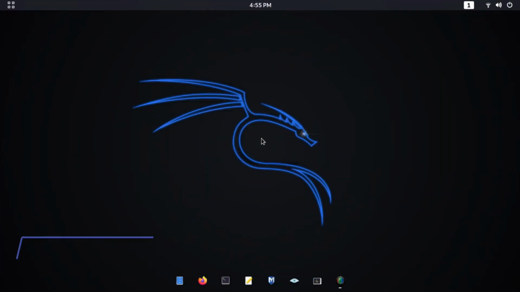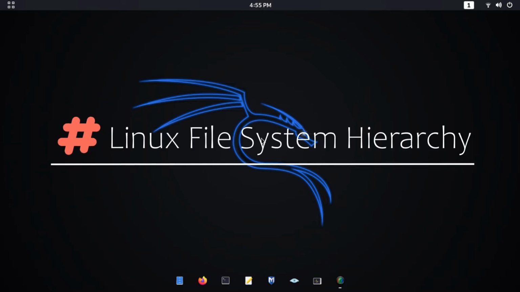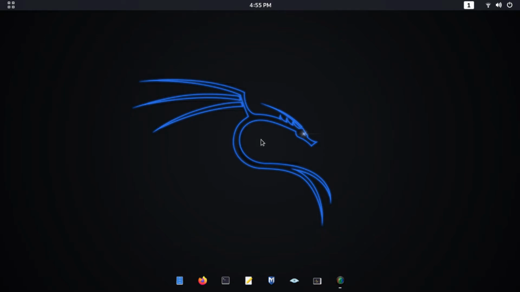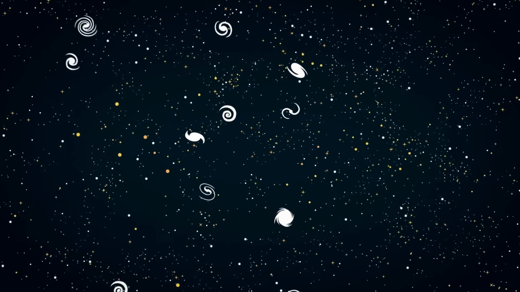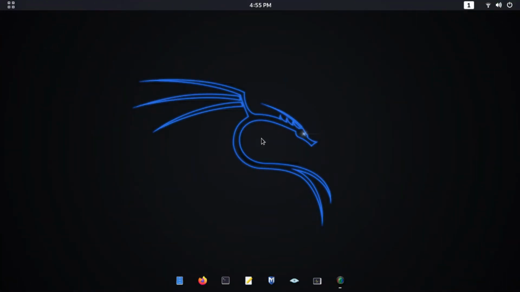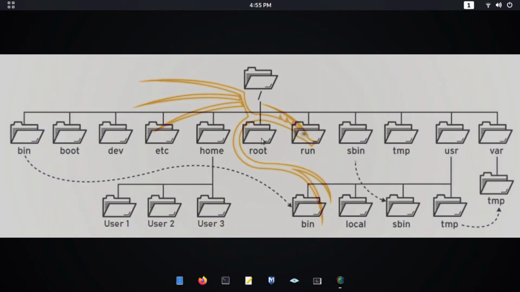In this video tutorial, I will teach you about Linux file system hierarchy. So let's get started. The Linux file system is quite easy to understand. As a major philosophy, everything in this universe started with one single entity, which is superior to all, the one which is present at the origin of everything, the root of every other thing present in the system. Similar to that, in the Linux file system, everything starts with a root and all the other directories and subdirectories are below that. This is similar to the tree structure.